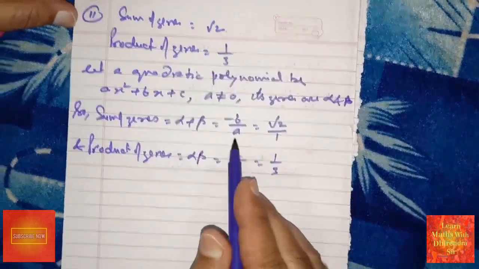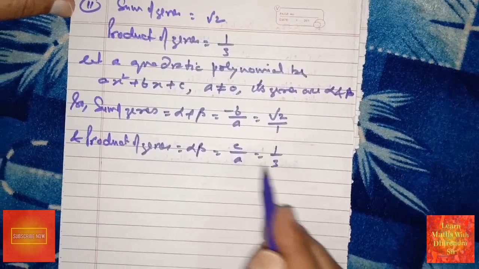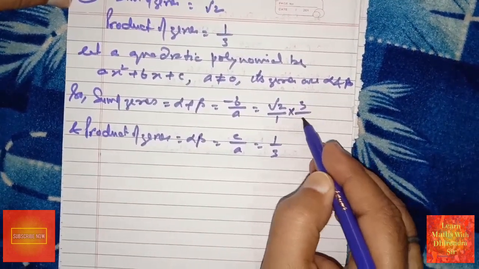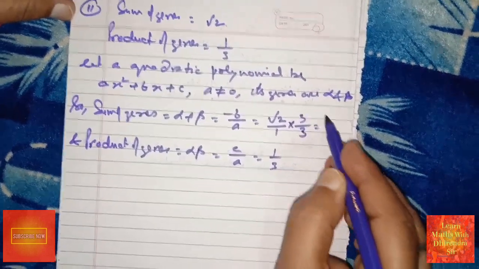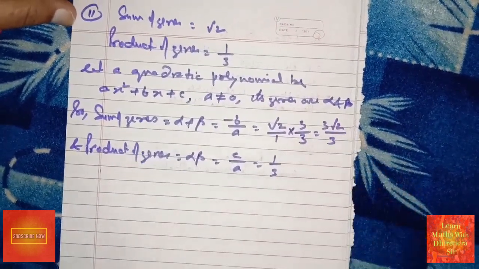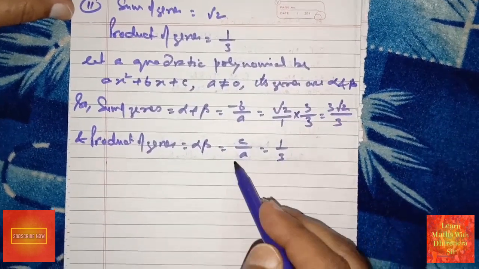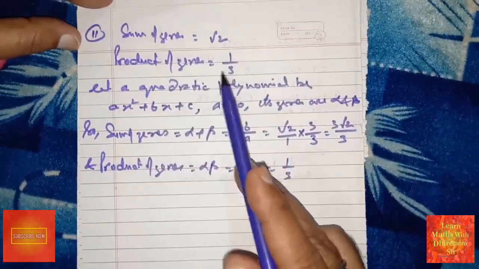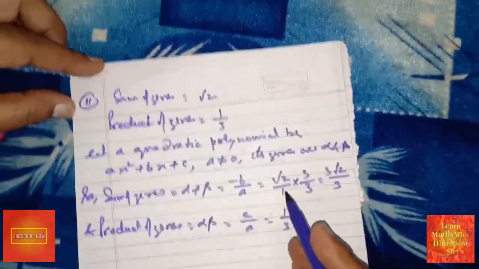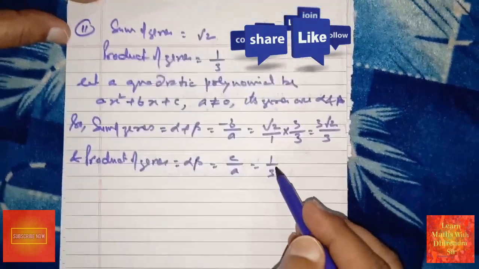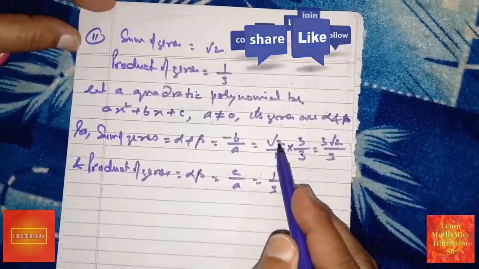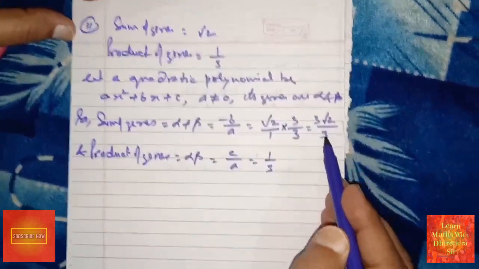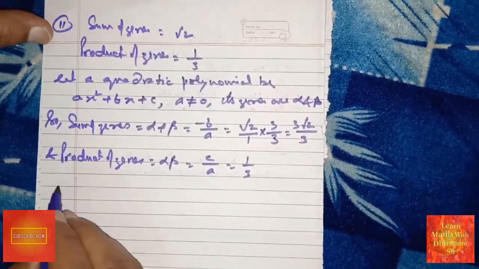After observing, we got here is a equal to 1 and a equal to 3. So here is needs to multiplied by numerator and denominator by 3. Then we got 3 root 2 upon 3 ones are 3. Why? Because in this situation a is 3 and here is a is equal to 1. It is not possible in same question coefficient of x square is 1 or 3. For this we multiplied this term root 2 multiplied by 3 and root a multiplied by 3. Then we got 3 root 2 upon 3. After equating